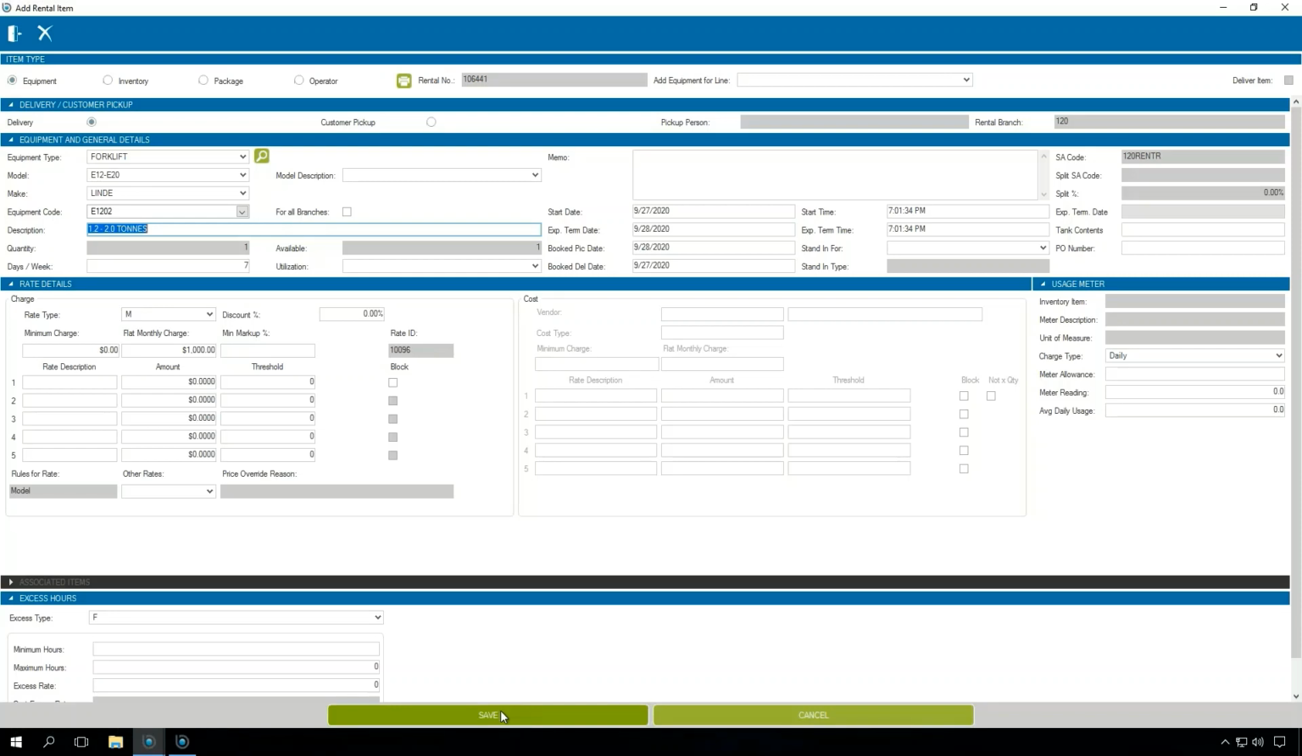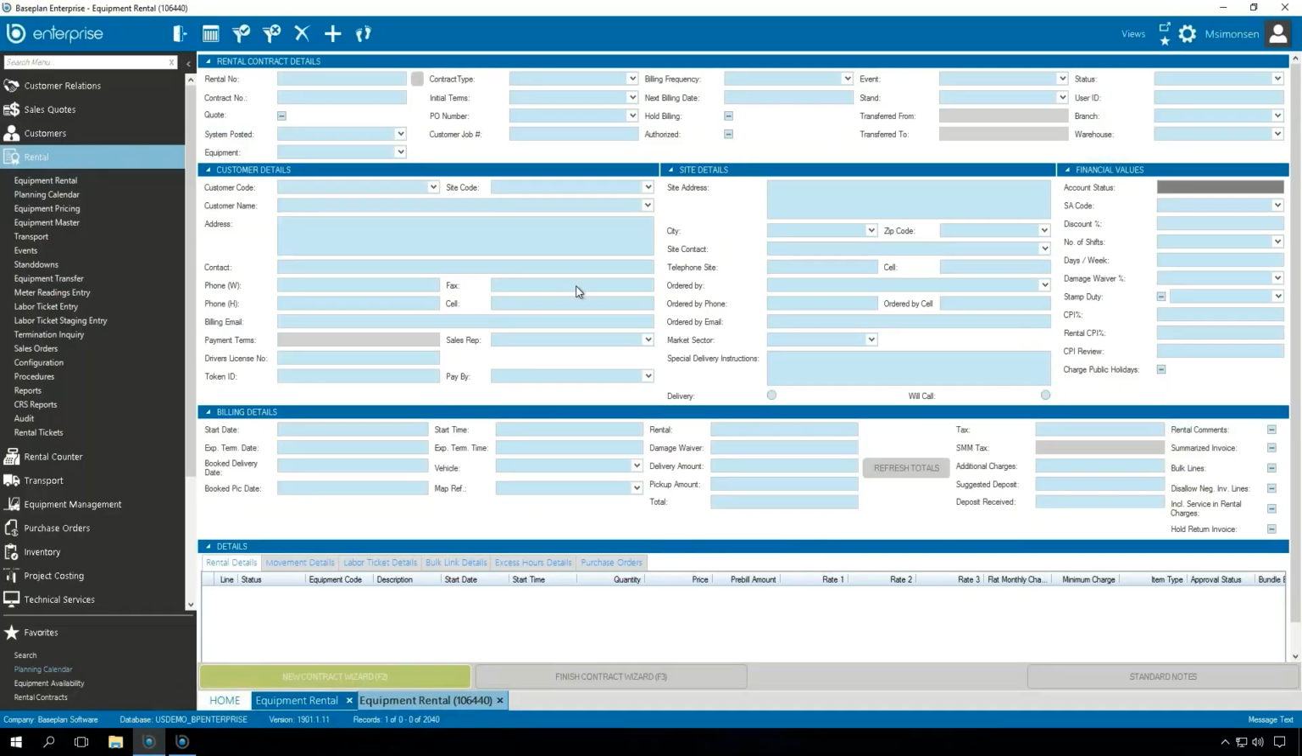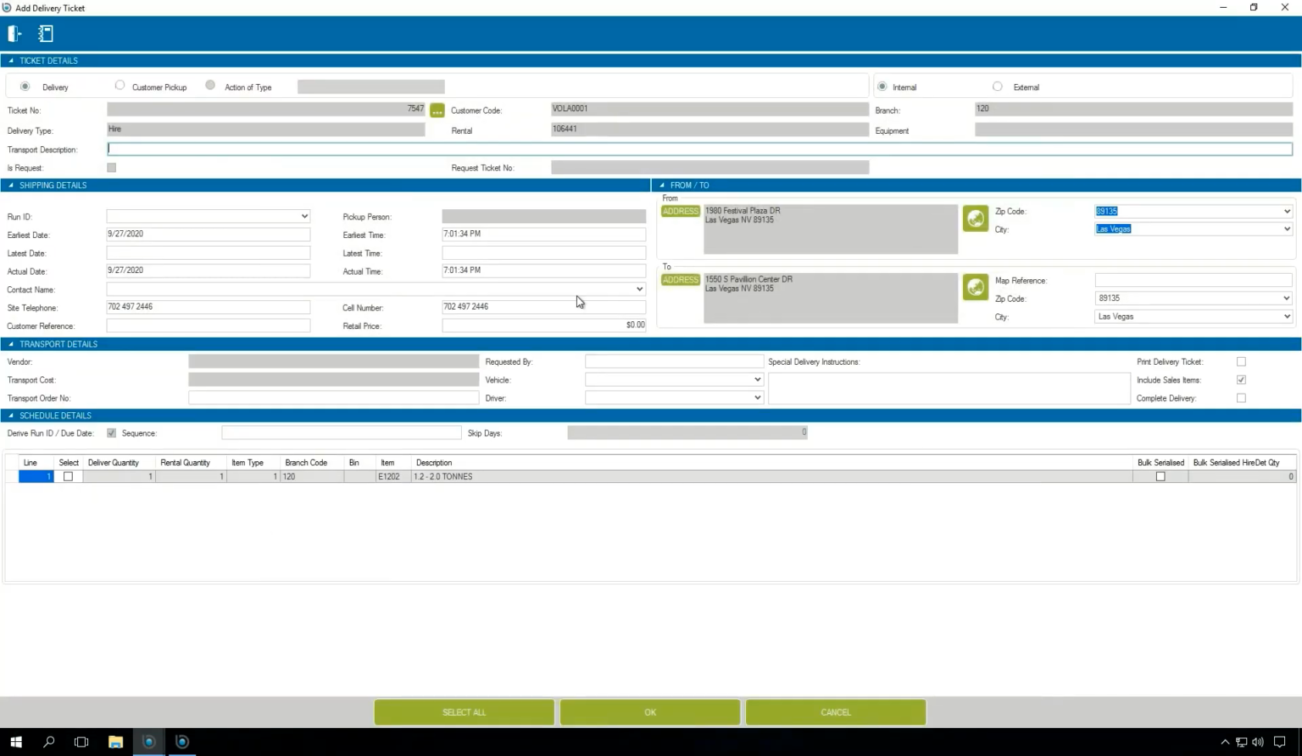Now the difference here is once I save this and I go back one screen, it's going to automatically take me to the delivery screen. So I can start updating the information about how the equipment needs to be delivered, where it's being picked up, whether it's external drivers that are taking it out, whatever it might be. And that will then flow through to either our transport module, or the person can just go through here and complete the delivery on the fly as well. So if I hit OK now,